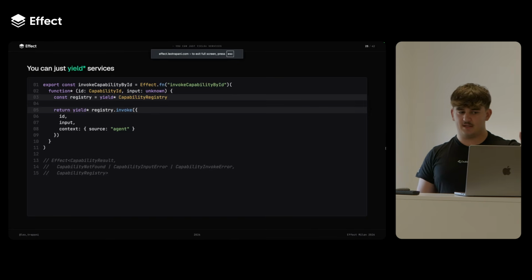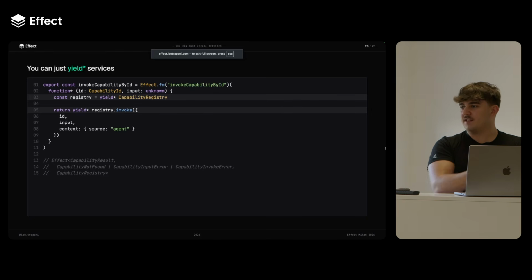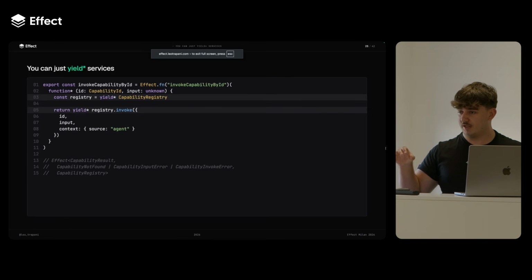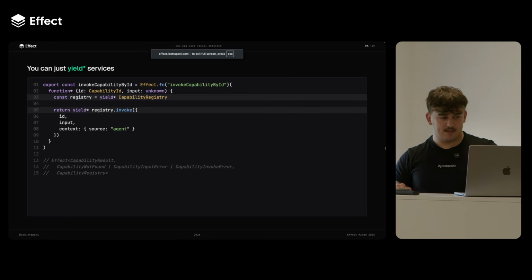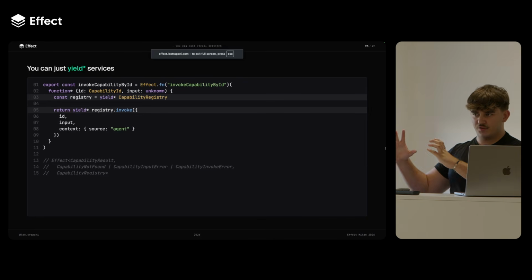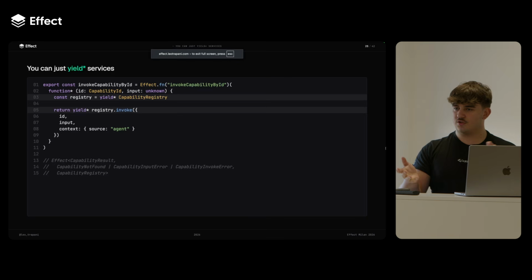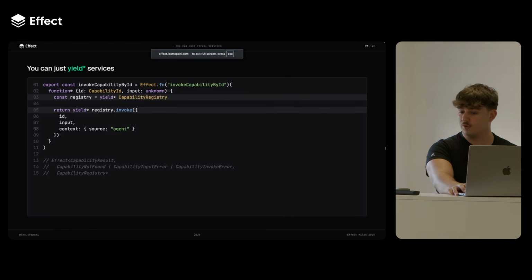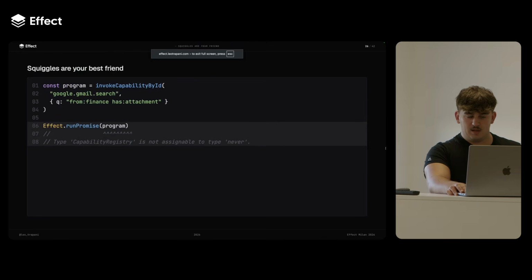So it infers them from invoke, and they bubble up, meaning that if another Effect uses this Effect, that's going to have those errors as well in the error channel if they're not handled. And then in the third argument, line 15, we see a capability registry, meaning that we also declare, okay, this Effect is using a capability registry, then we need to provide it. We need to give the actual dependency, the implementation of the registry you want to build.